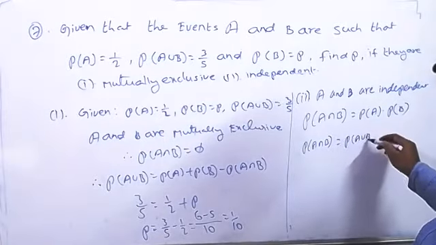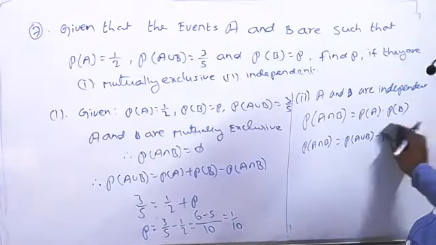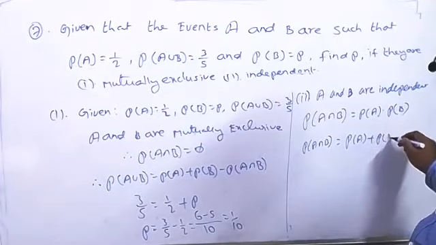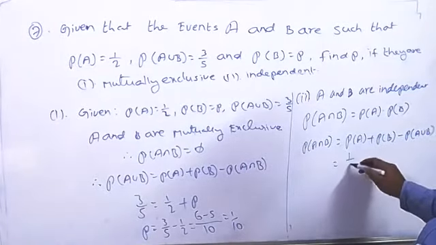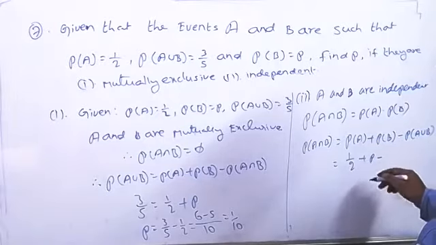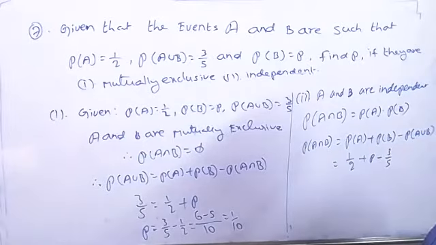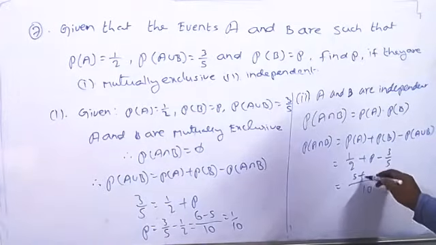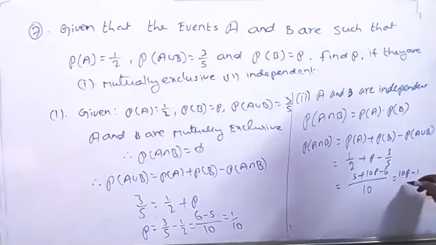So based on that, probability of A intersection B is equal to probability of A plus probability of B minus probability of A union B. Now I can substitute in there. 1 by 2 plus P minus A union B, which is how much? 3 by 5. The same thing only you can take. Now we can substitute both of them, or else first you can take the LCM here now. 10 is the LCM. The 5 plus 10P minus 6. This is 10P minus 1 by 10.